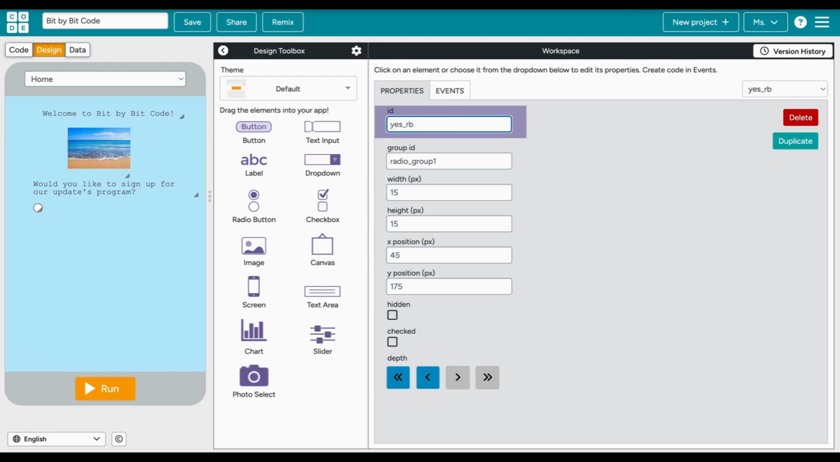And together they are going to be in a group called yes_no_RBG. So the ID for the top button will be yes_RB, which stands for radio button. And we'll put the group ID as yes_no_RBG. I'm going to just make sure to increase the width and the height so that it's easier for the user